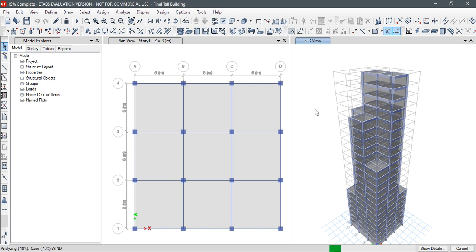So those 705 frames were undergoing failure, and now in this reiteration process the software will choose the larger section, and then it will run the design check.